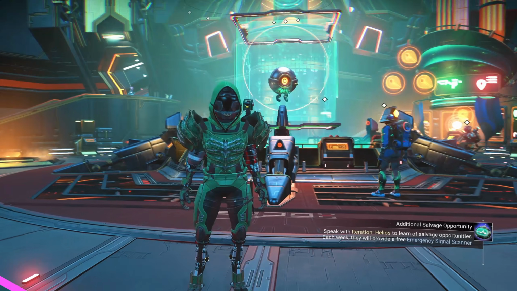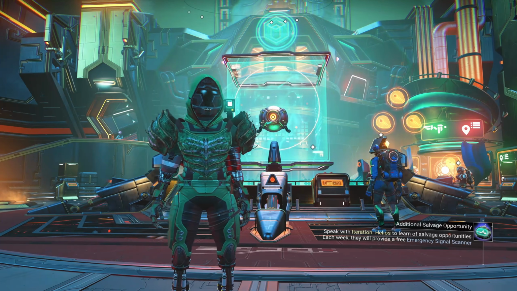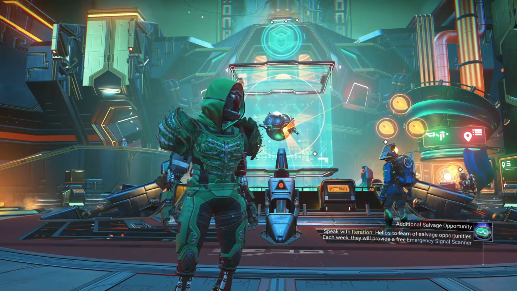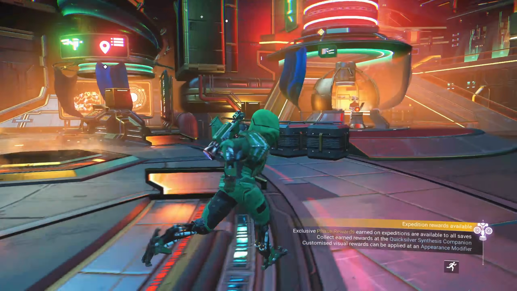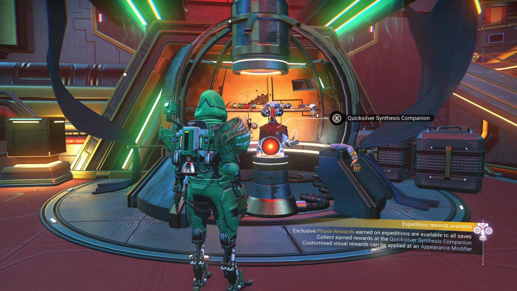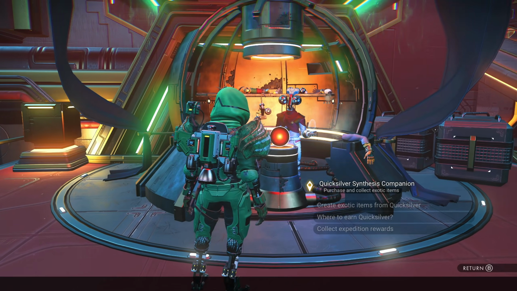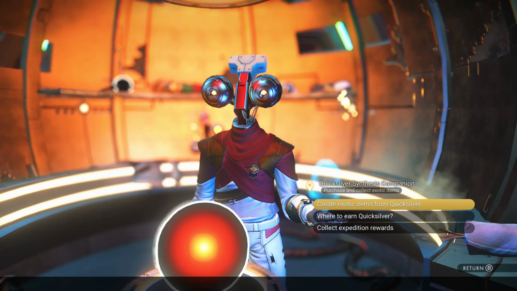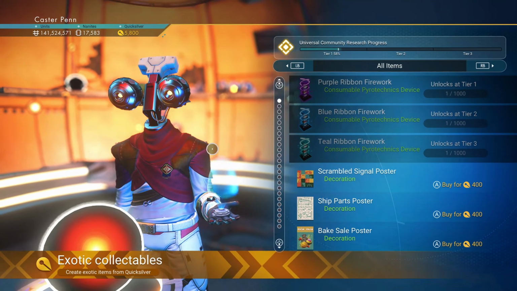Now why is it worth it, I hear you ask? Why is it worth doing the Quicksilver missions, especially the weekend missions? Well, the Quicksilver is the only thing you can use to create exotic items from. So if you go over to the Quicksilver Synthesis Companion here, also in the Anomaly, just to the right hand side of the Nexus, and we go to create exotic items from Quicksilver, depending on how much Quicksilver you have,